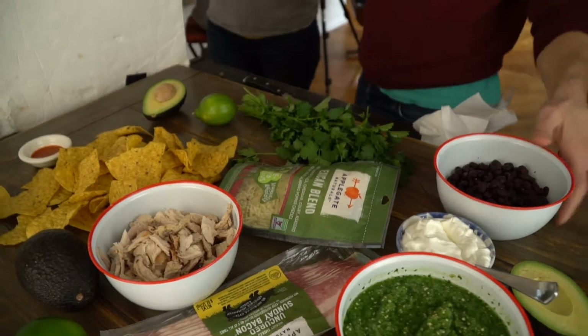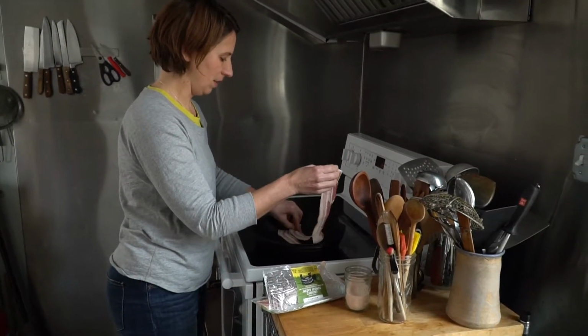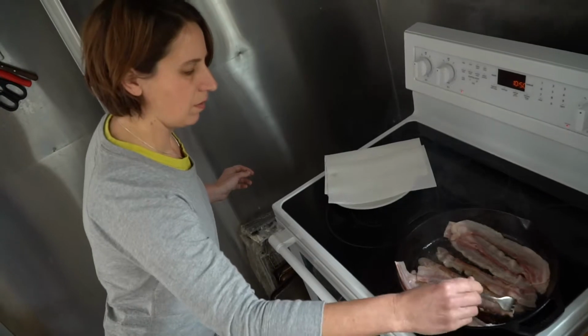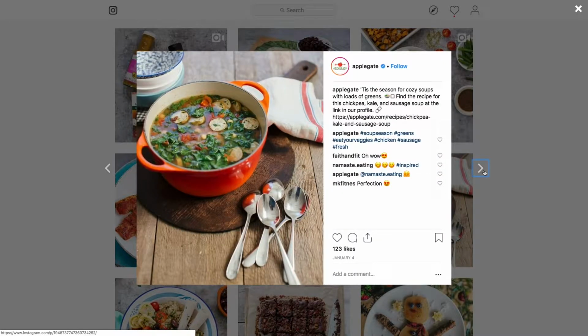I think visual storytelling right now is super important to every brand. It's a communication like no other. You can't smell that bacon, but you can watch it sizzle, you know? There's a lot of visual noise out there right now. And so I think it's really important to be recognizable, so there's a consistency to all of your visual communication. It's shocking how many people follow a meat brand, you know, a meat and cheese brand, and we want to